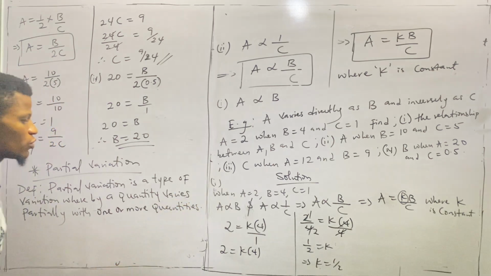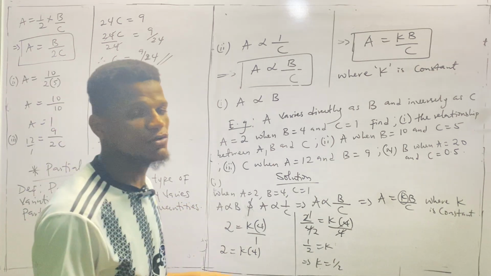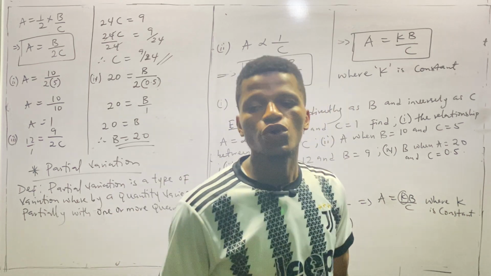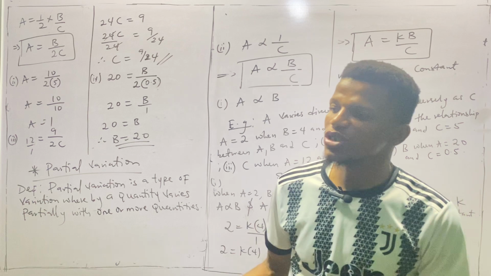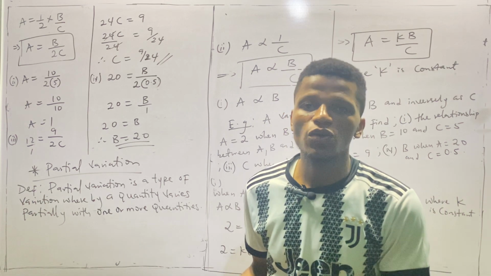So the word partial means part of something. So when we say that partial variation is a type of variation whereby a quantity